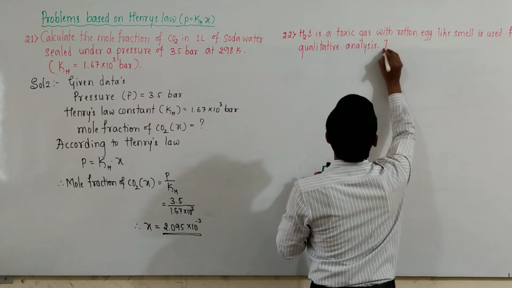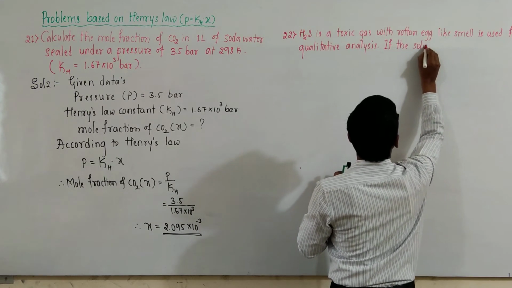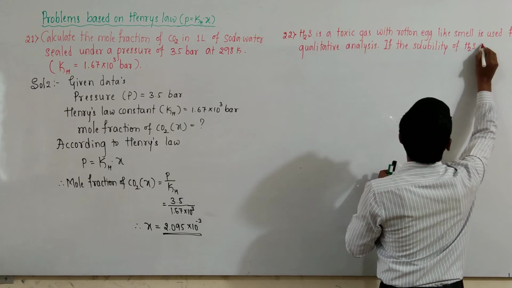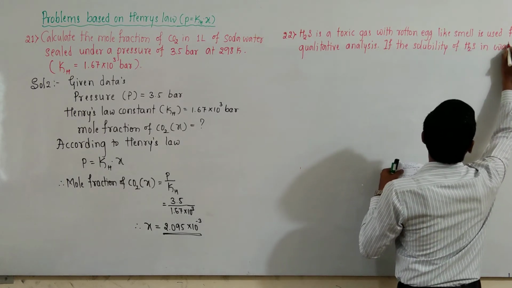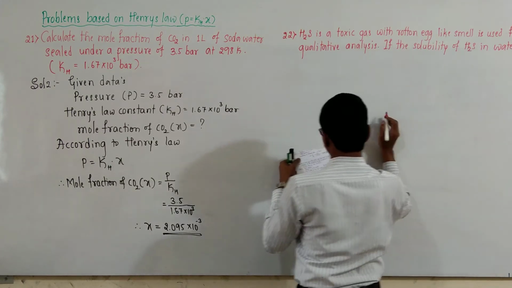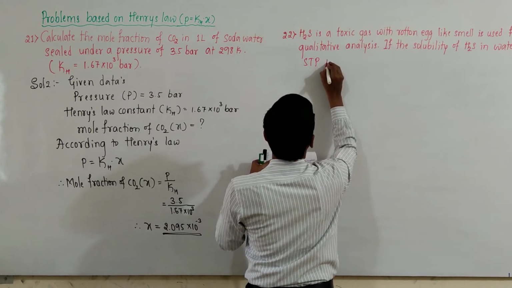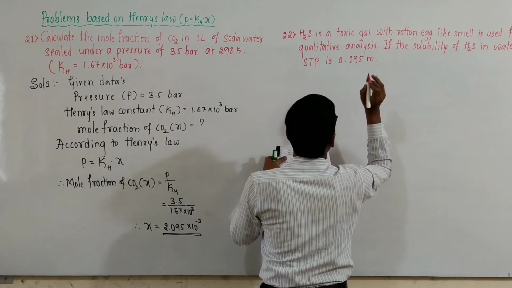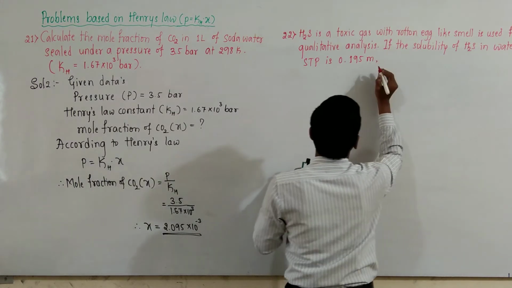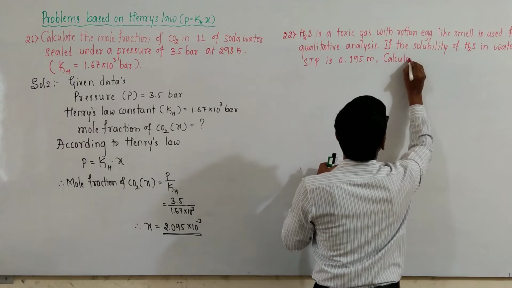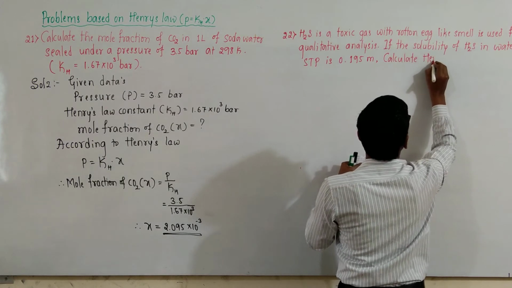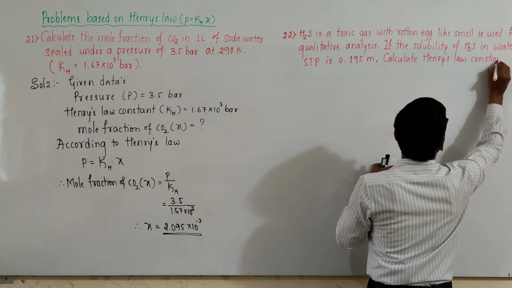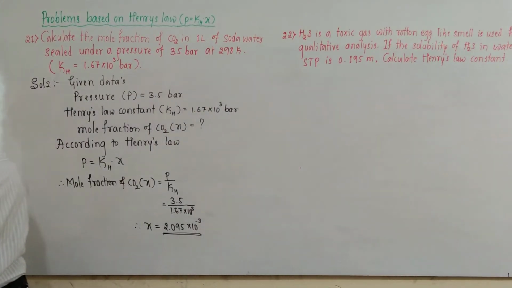The point is, if the solubility of H2S in water at STP is 0.195 m, small m meaning molality, then calculate the Henry's law constant. In this problem,